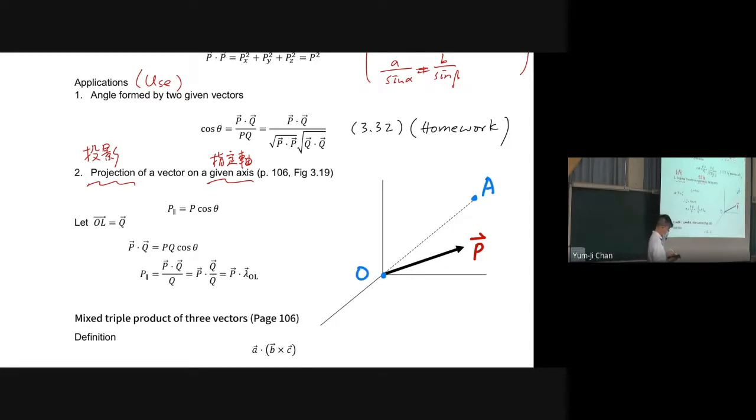Suppose we look at the problem from this side. What do we have? We have a line OA,